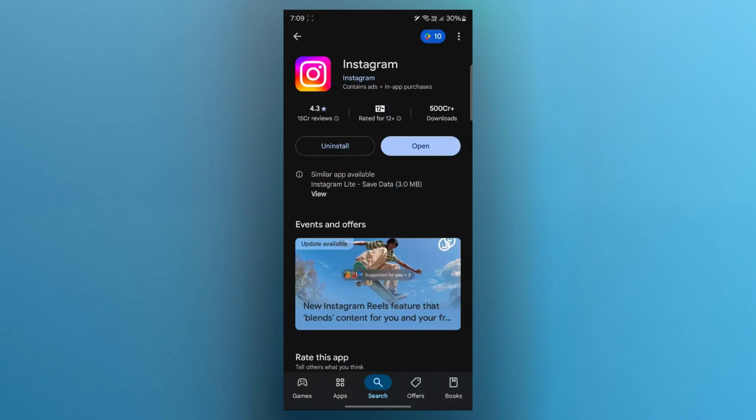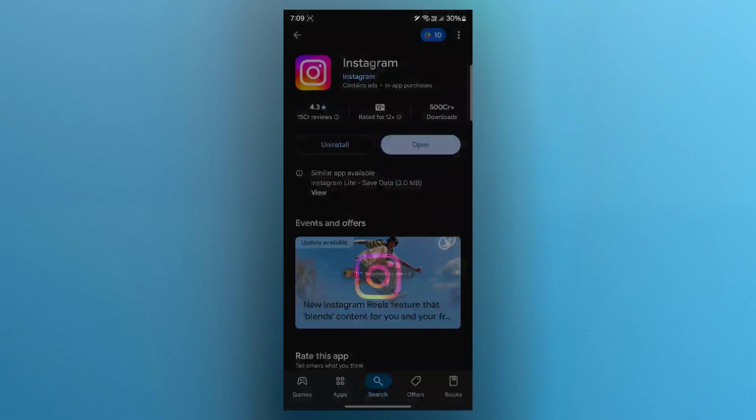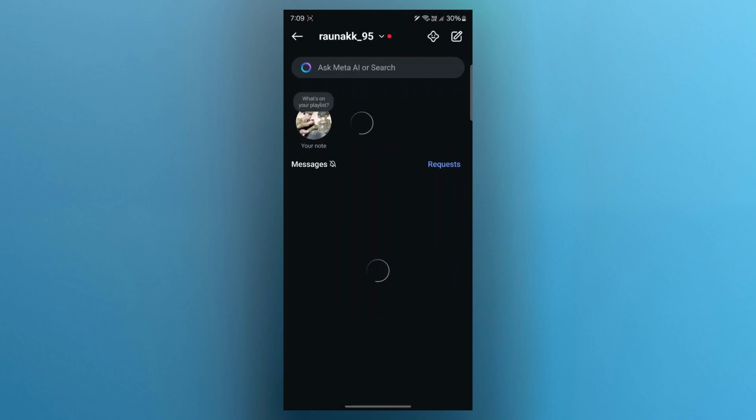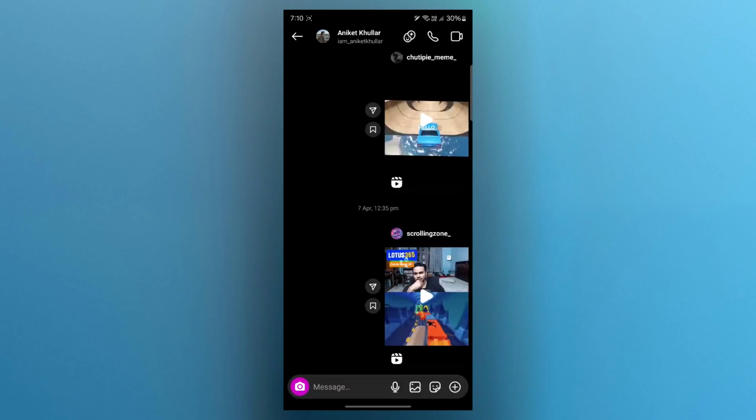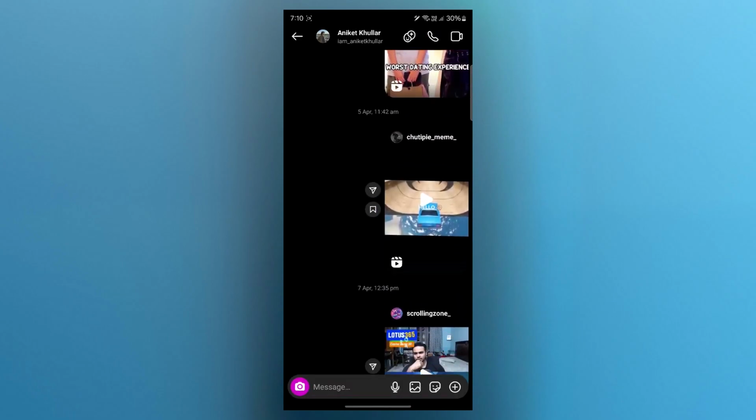Now, once your app is updated, open Instagram and tap the messenger icon in the top right of the screen. Now, this will open up your DMs. Here, you'll have to simply pick any one-on-one chat because Blend only works with individual chats, not group messages. Tap on the chat of the person you want to blend with. So I'm going to click on this chat and I will be able to see all the chats with this